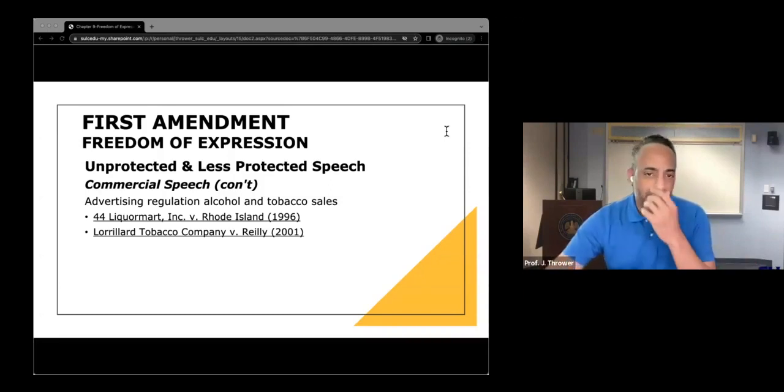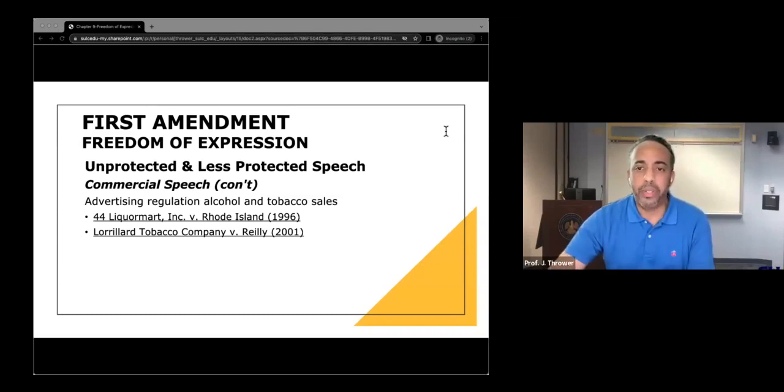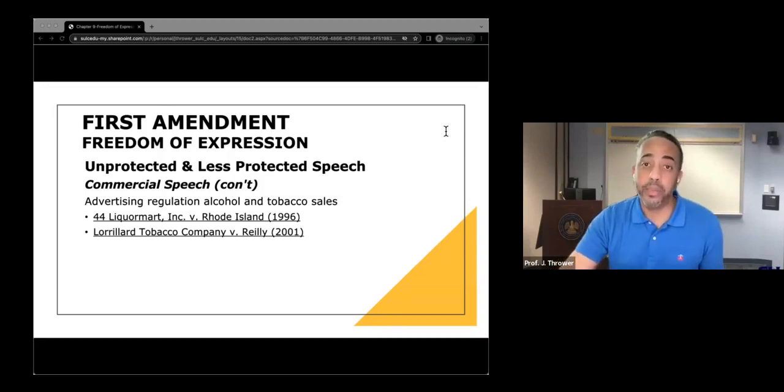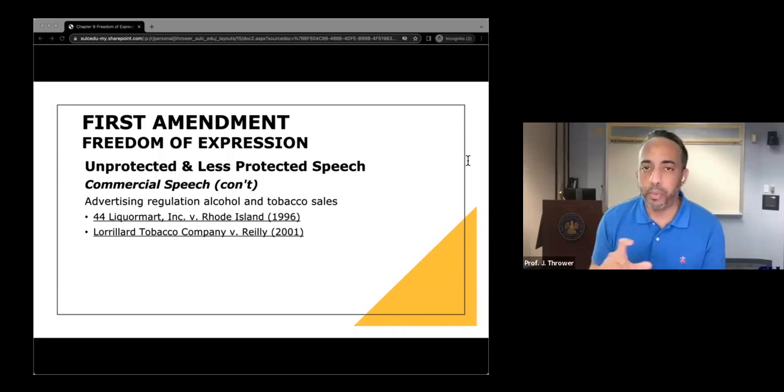Now, the state's articulated objective in this case for passing this particular regulation was to decrease tobacco consumption by children. And the court noted that this was a substantial, important objective. However, the law was deemed unconstitutional because it did not meet the least restrictive means part of the Central Hudson test, which was that fourth prong, right, that we've talked about.